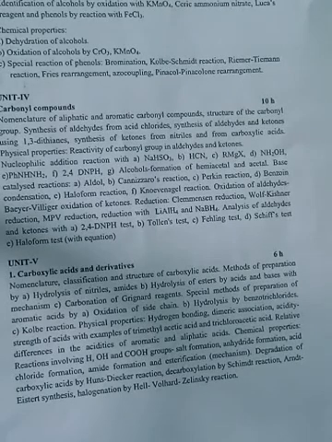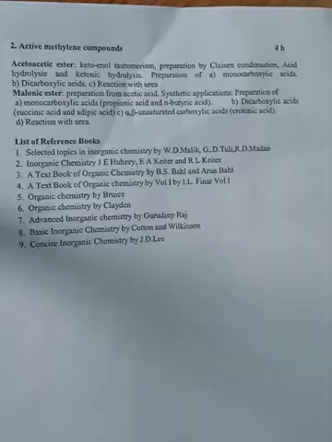And also the physical properties and the chemical properties of the carboxylic acids will be discussed in this chapter. And finally, dehydration of carboxylic acids by the Hunsdiecker reaction, and decarboxylation by the Schmidt reaction and Arndt-Eistert synthesis, and finally halogenation of carboxylic acids by the HVZ reaction will be discussed in this chapter.